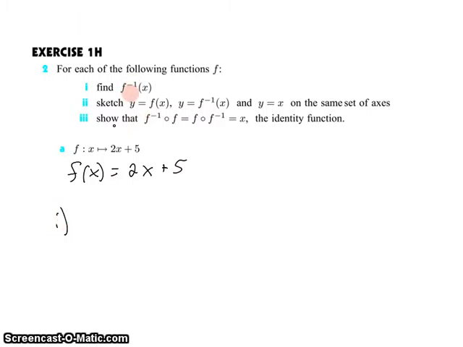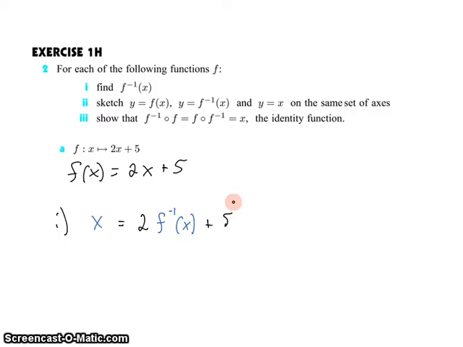First thing I want to do is find the inverse of this function. To find the inverse of a function, what you have to do is swap the variables. Where you have an f of x, replace it with an x. Where you have an x, replace it with the inverse of f of x. So f of x becomes x. So x equals 2, and not x, but I'm going to swap it with the inverse of f of x,